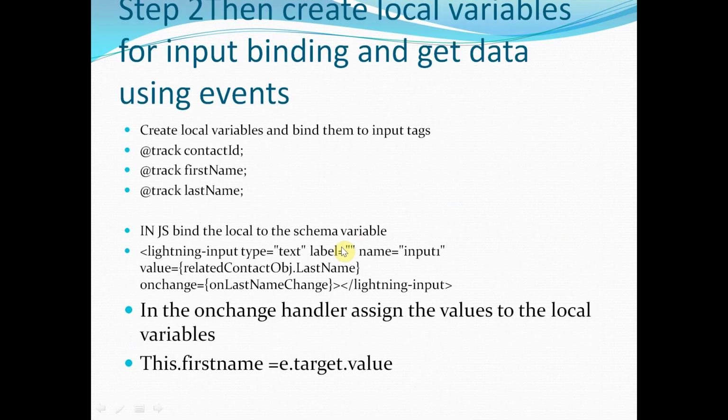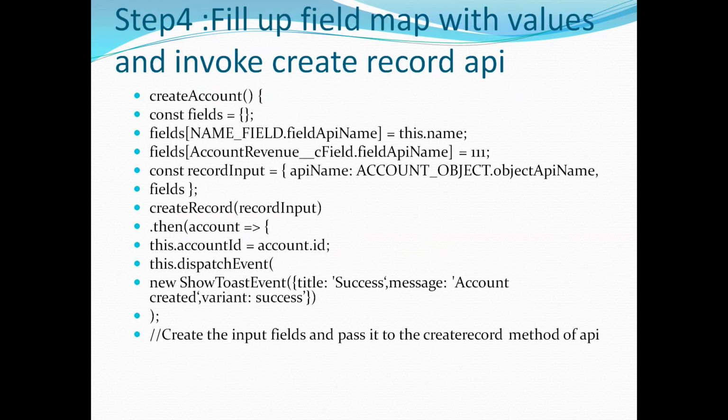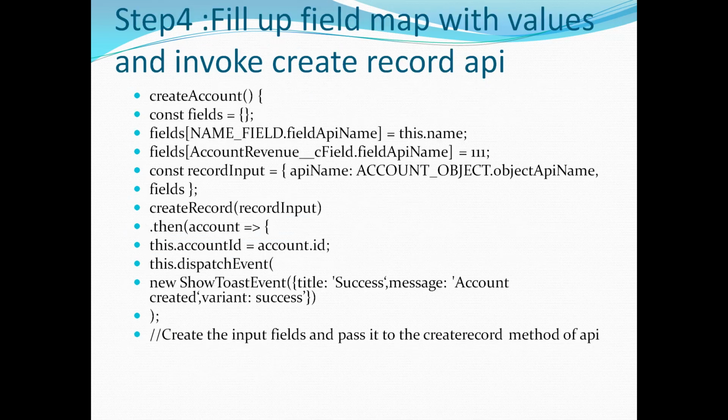Do not get confused by this step 3 here. Basically this just explains how to build a map. So either you can give it like this directly, or you can also assign it with equal to instead of colon. Okay, so that's the only difference. You can either define it like this with the values, or you can give it equal to.